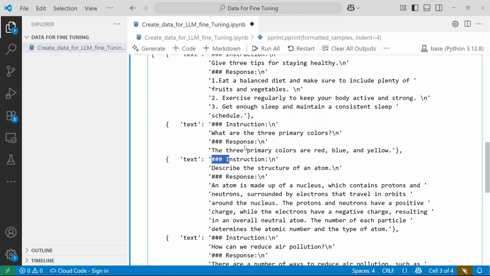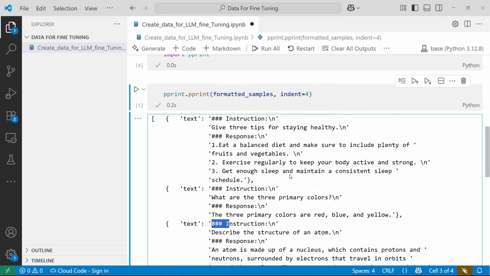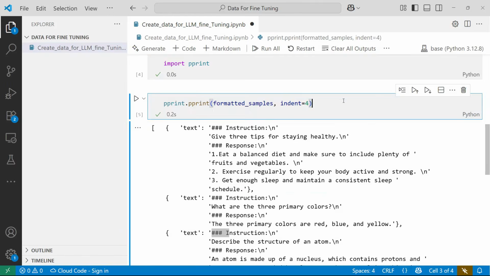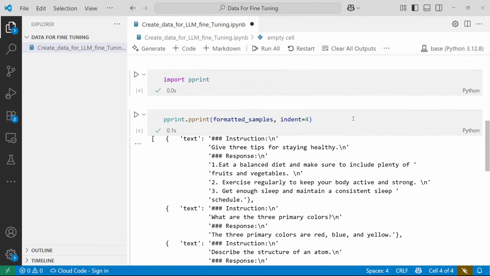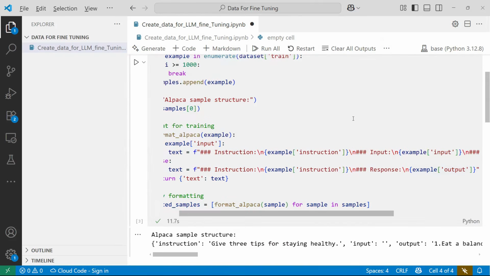Instruction, input, response, like that you will also see in this. So tell me in the comments for which use case this is useful. This is one of the examples, and let me tell you the answer also. This is an instruction dataset. So when you are doing instruction fine tuning, that is when you will need that